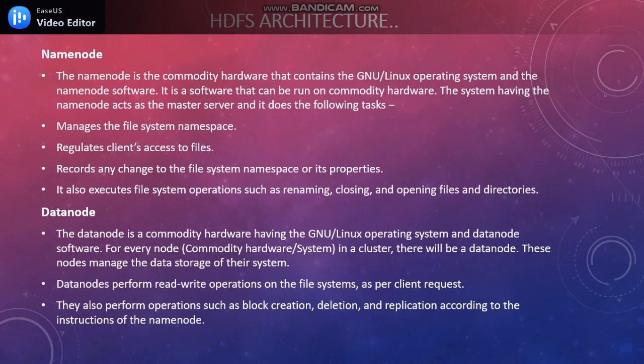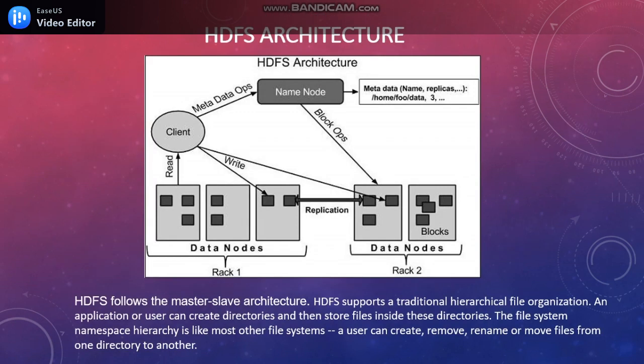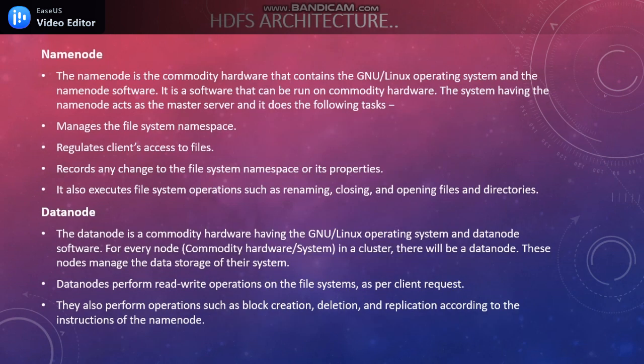Now let's see the main components of this architecture: the name node, data node, etc. So the first one is name node. Name node is actually a commodity hardware. We discussed what is commodity hardware. So it is a commodity hardware that will contain an operating system and also a software. The operating system is usually the Linux OS, and the software is that of name node. It is a name node software,